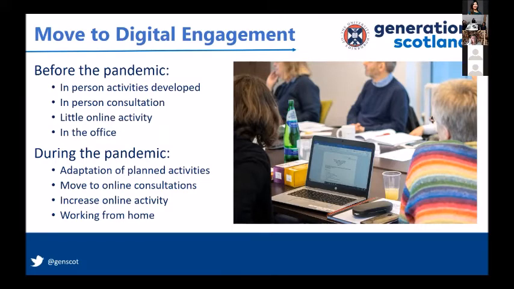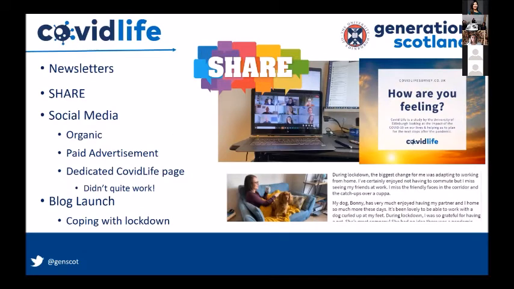So before we launched COVID Life, we had in plan the idea to do a next Generation Scotland newsletter to get people ready to go from Generation Scotland. We had to adapt that slightly, and so we turned it into a newsletter to the Generation Scotland participants to say, we're doing COVID Life, this is great, come to this instead. Yeah, despite all the lockdown things going on, it was a way to reconnect with them as well.